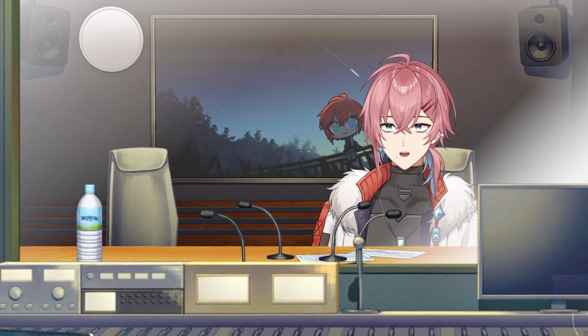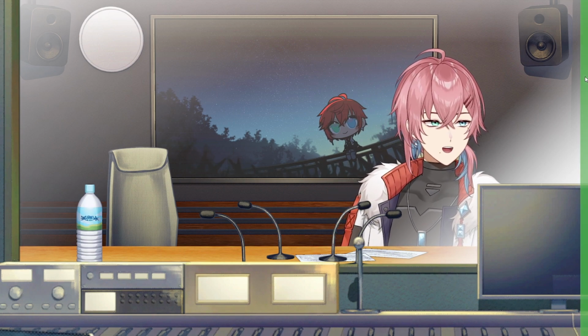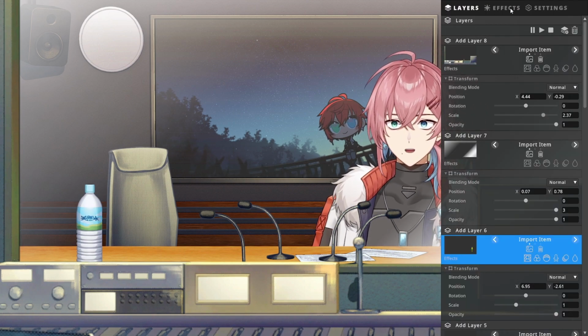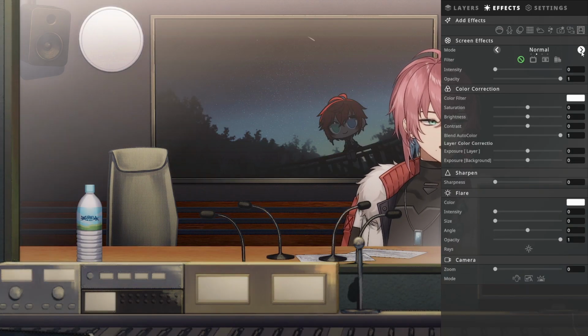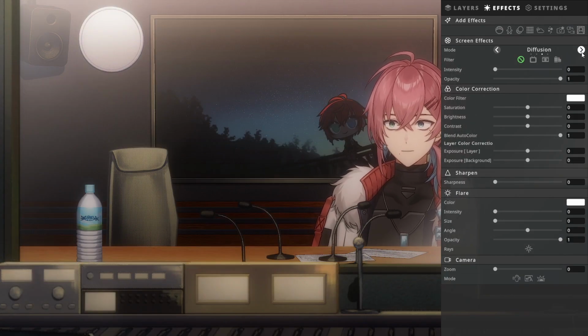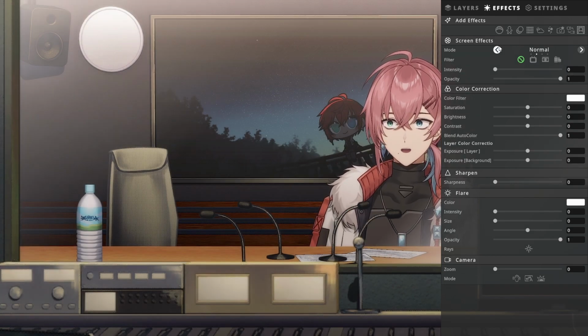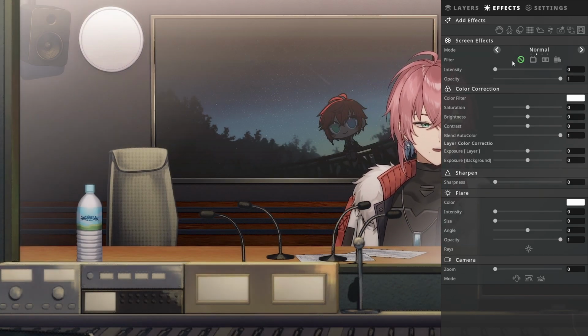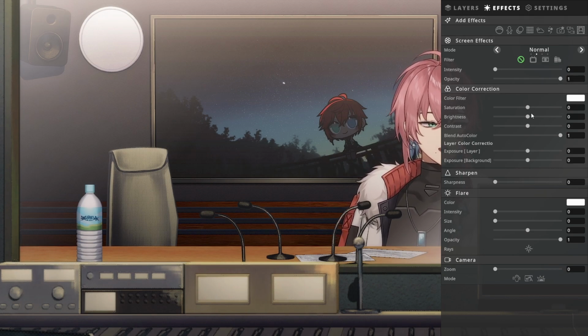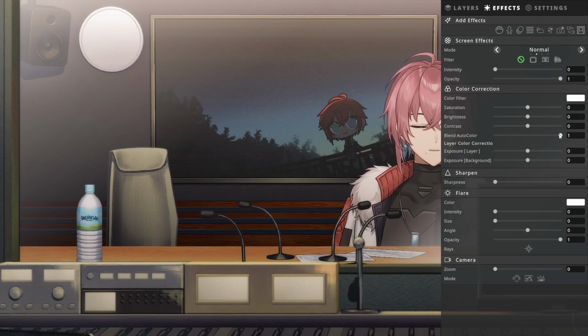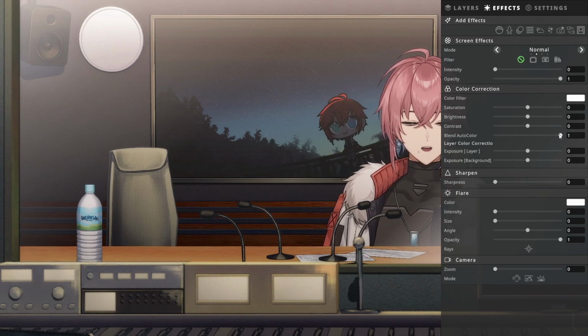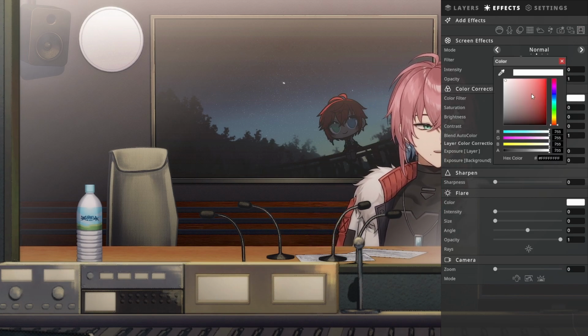Now, this is serviceable all on its own, but obviously we have to add some color, because what's the point of using Shoost if you're not going to add the color grading? Normally, I use diffusion, but for this, I don't think it really fits, so we're just going to go to normal. The thing about Shoost is that it automatically blends the color of the background to your model, so we're a little bit drab right now, so we can add some color,